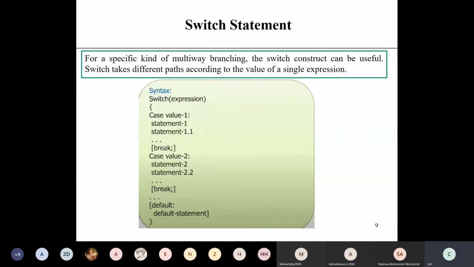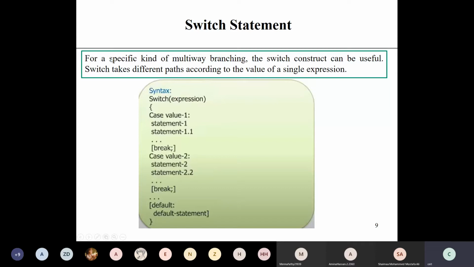Switch can be used instead of else if, because in case of else if, you are checking each and every condition. But in case of switch, it checks the expression and it will directly go to that particular expression.